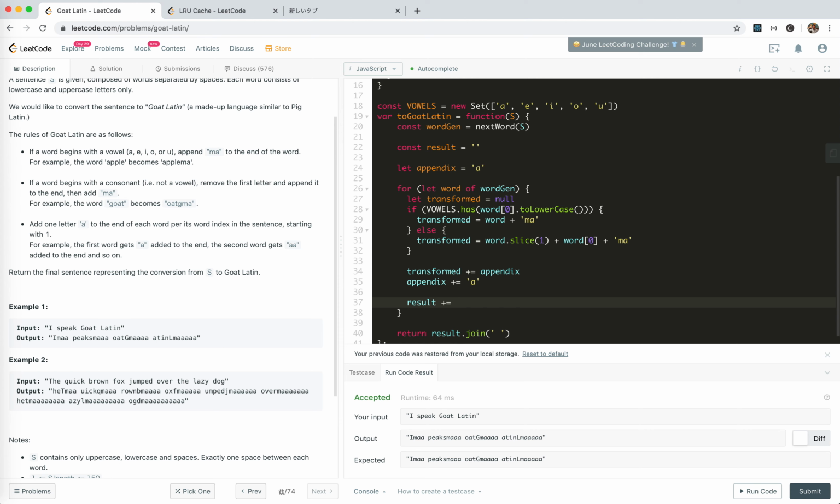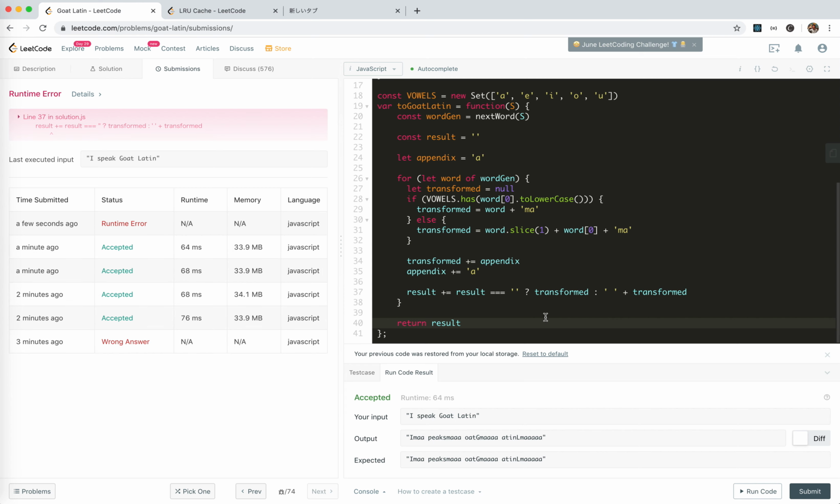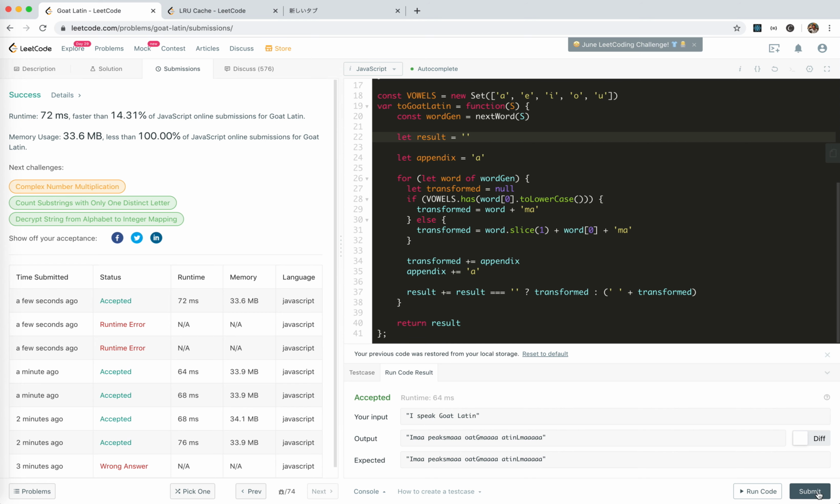But we actually need to handle this. Okay, so if the result is empty, then we should add the word transform. If it's not, it should be space plus transform, right? And we return result. Could this be better? Oh, it should be like this. Oh no. Well,